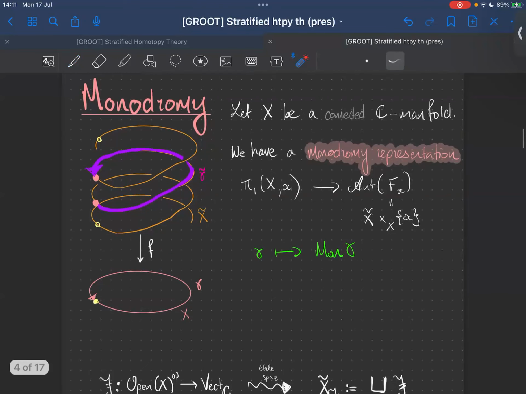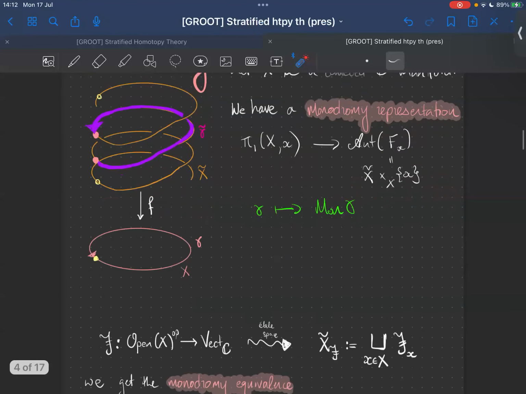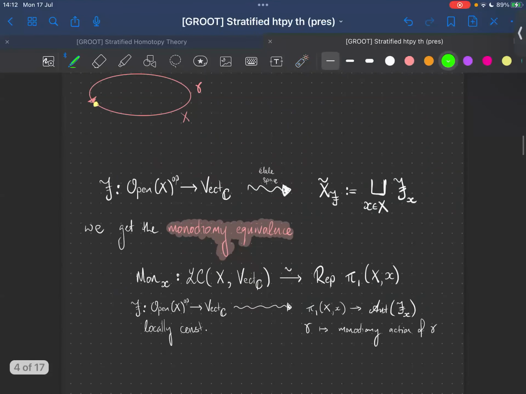Now, covers are a bit manifold-centric. So we want to think of a way to step away from manifolds and be able to study arbitrary topological spaces. And the way we can do this is by this fairly standard construction, I guess, of locally constant sheaves, right? So what we have is locally constant sheaves are equivalent in some sense to